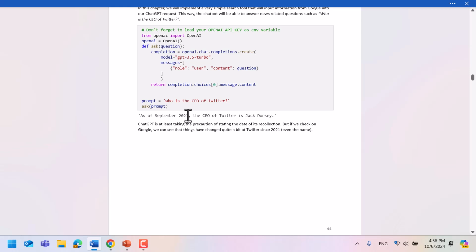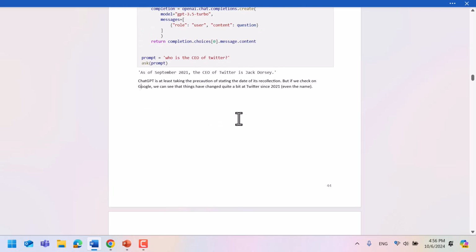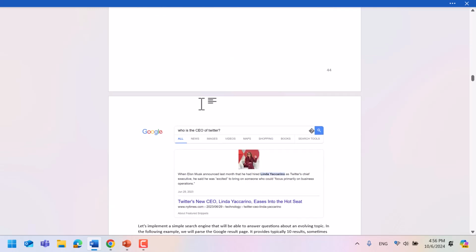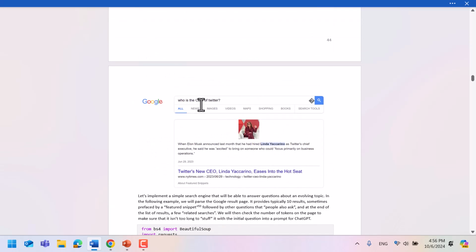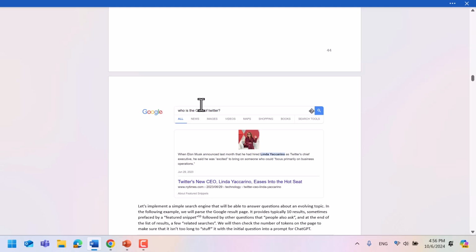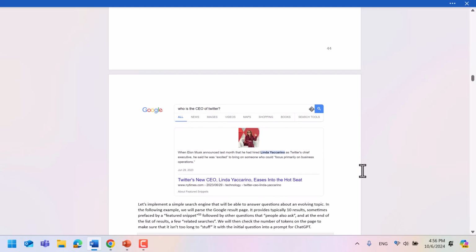And this fact here has been changing quite a bit over time. So if you were to ask ChatGPT, we didn't get it right. And that is one of the infamous limitations of language models as compared to a traditional search engine like Google. So now if you ask Google, who's the CEO of Twitter, it would find, based on information found on the internet, who's the current CEO of Twitter, Linda.